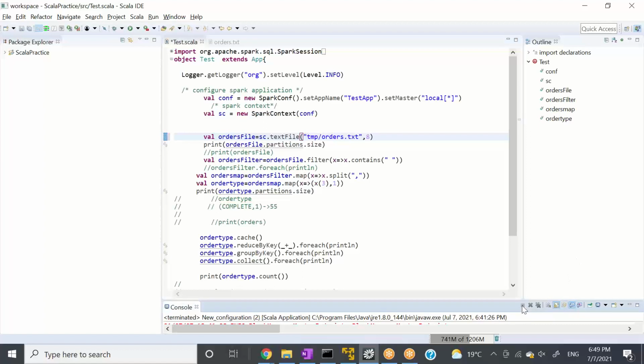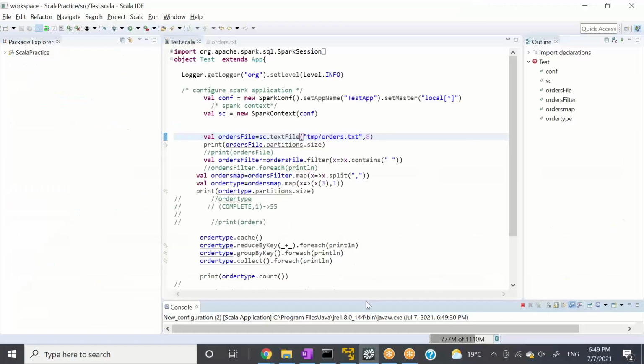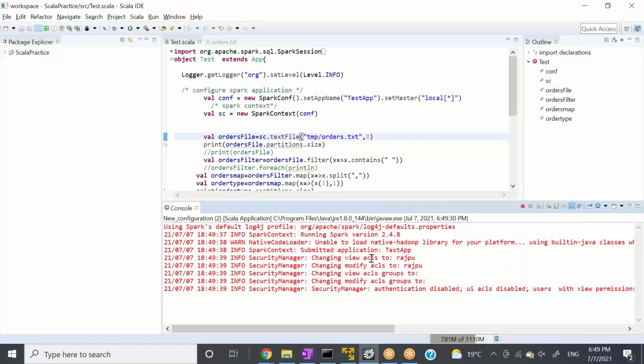Okay, let's stop it and run it again. One thing is proved: the number of tasks is equal to the number of partitions. We have changed the number of partitions to 8. If our theory is correct, there should be 8 tasks here, right? So let's see quickly, and then we will go for persist. Let's let it run.